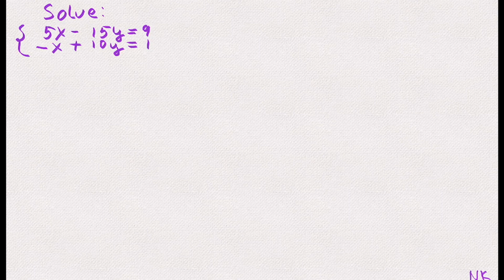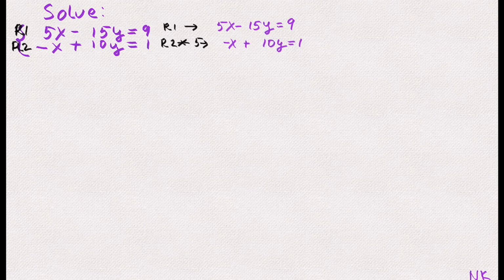Here we have to solve 5x minus 15y equals 9 and negative x plus 10y equals 1. So let's call this row 1 and this row 2. We have a positive 5x in row 1 and negative x in row 2. So the most efficient way of doing this would be to take row 2 and multiply each term by 5. So row 1 would be 5x minus 15y equals 9. Row 2 would be the original equation, which is negative x plus 10y equals 1, and we multiply each